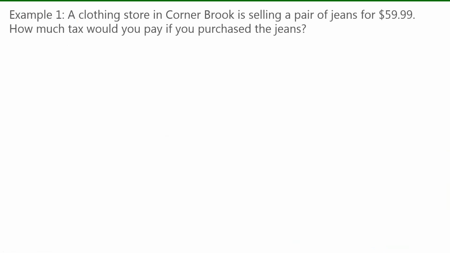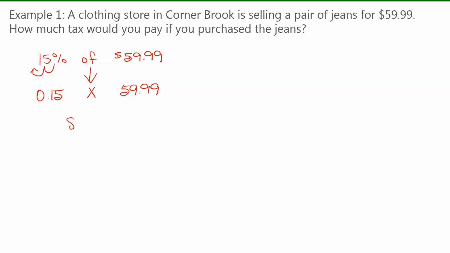Example 1. A clothing store in Corner Brook is selling a pair of jeans for $59.99. How much tax would you pay if you purchased the jeans? Well, we need to find 15% of $59.99. To do that, we would need to change the 15% into a decimal because we can't use percent as it is. We do that by moving the decimal 2 places to the left. We get 0.15. Of means multiply, $59.99. We would use our calculators to do this, and we would get